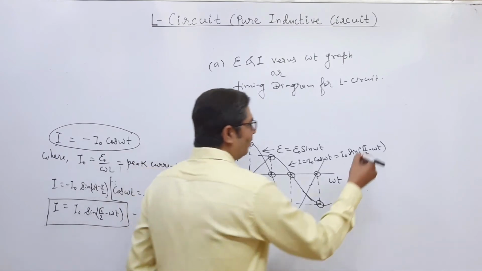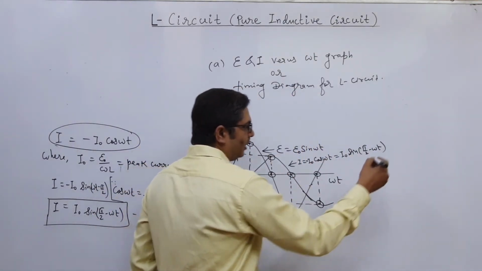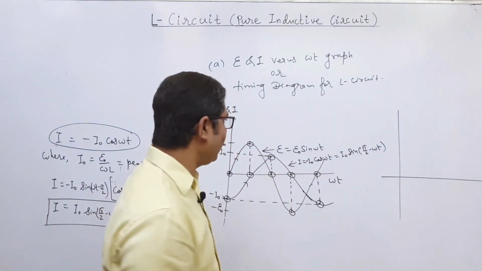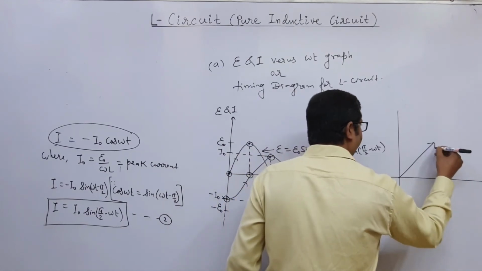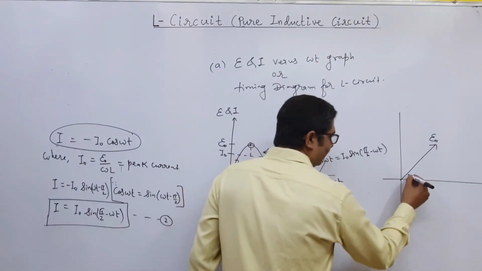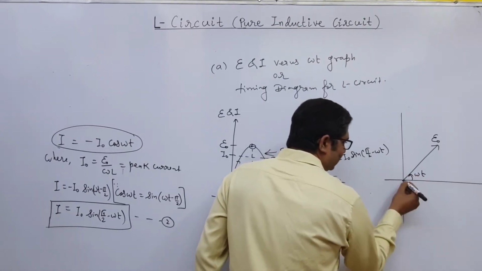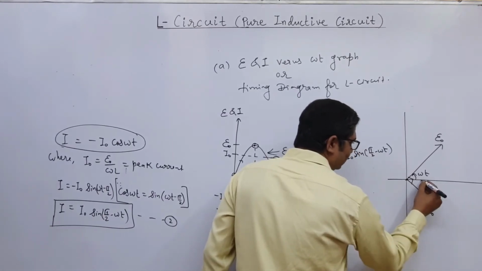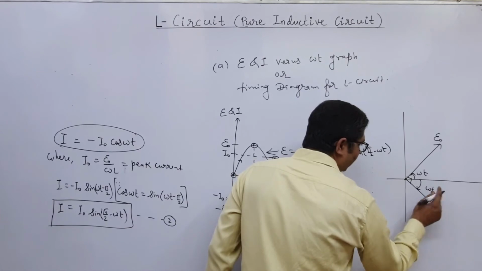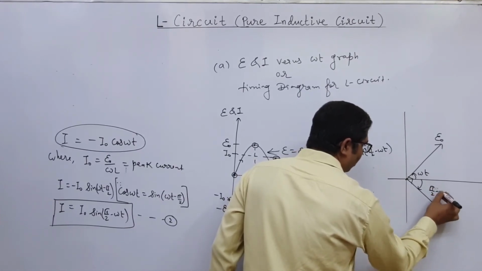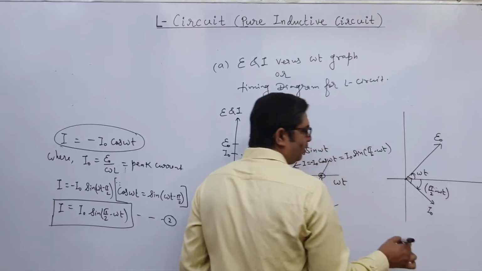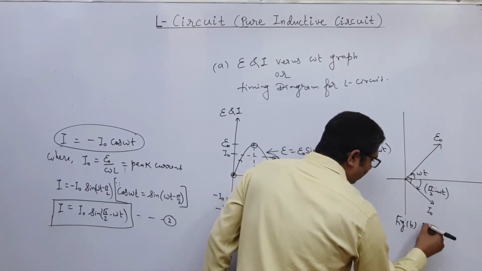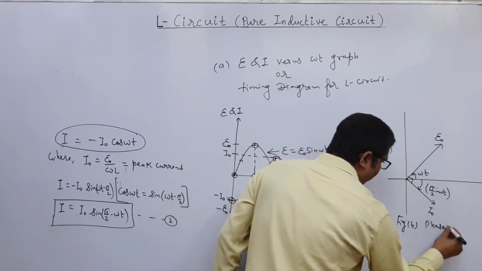Now our second diagram, this is figure A. The second diagram is known as the phasor diagram, so we are going to draw the phasor diagram. Let this be the EMF, E naught, the peak EMF, and this is the angle omega t. Let us take 90 degrees this side. This is the 90 degrees, and the current is I naught. Now this angle is omega t. This angle is pi by 2 minus omega t. This is figure B, known as the phasor diagram